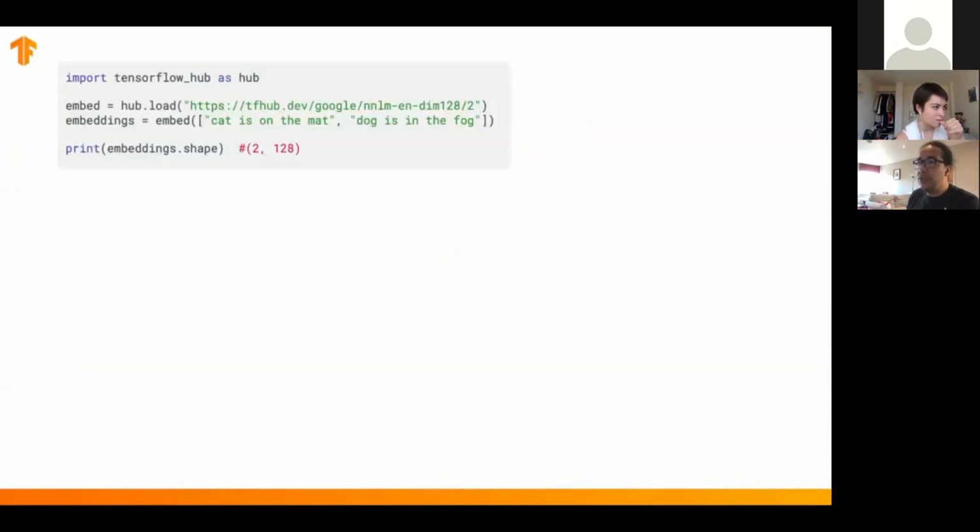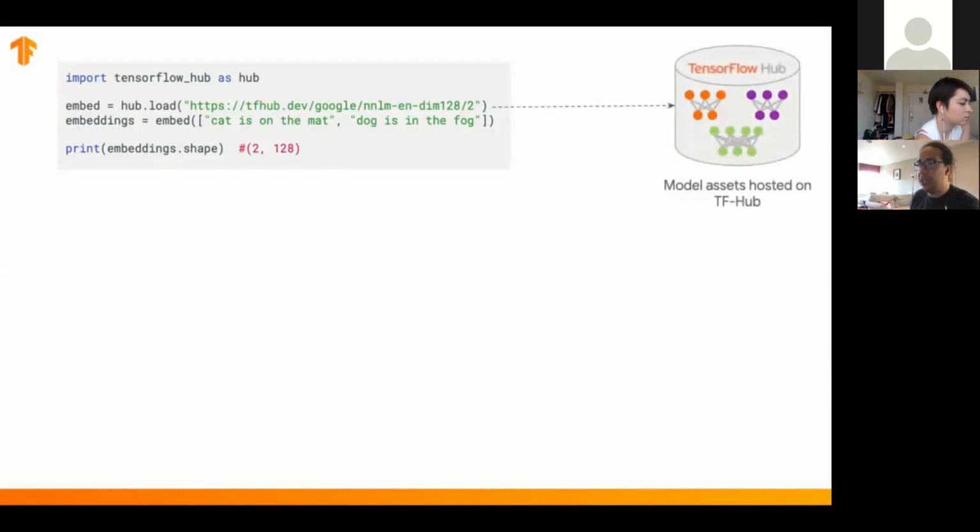Just to see how it works a little bit internally, here's a very simple use of Hub. We're loading another embedding here, as you can see, with more dimensions. We are just going to see the values of the words in the embeddings here, but it doesn't matter what the code does, but rather what's happening behind the scenes. Behind the scenes, we have the TensorFlow Hub library that has all the assets there, and then you download it. When you do the load method, it will call our backend and download the model from there, and do all the verifications and so on.